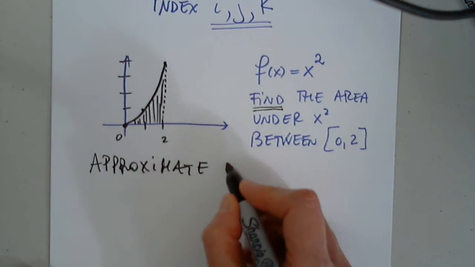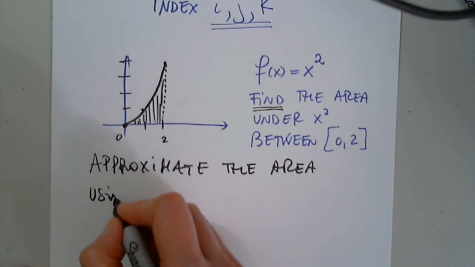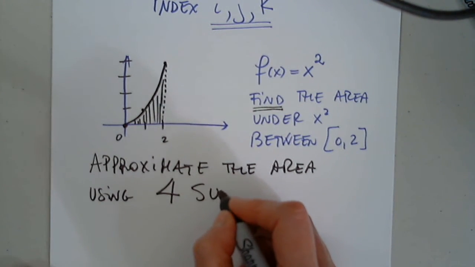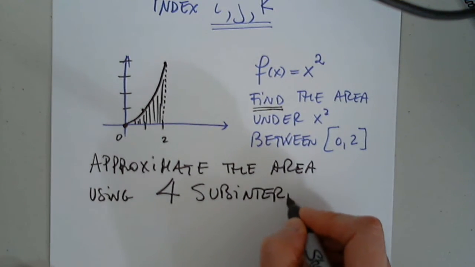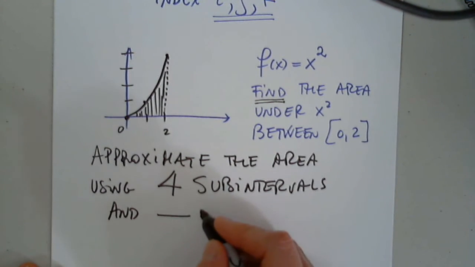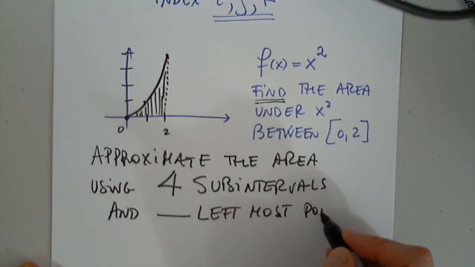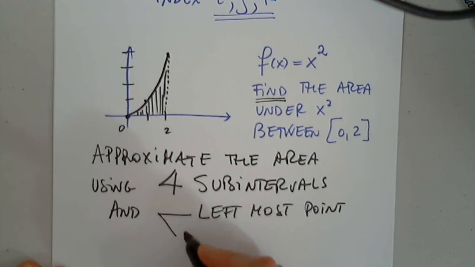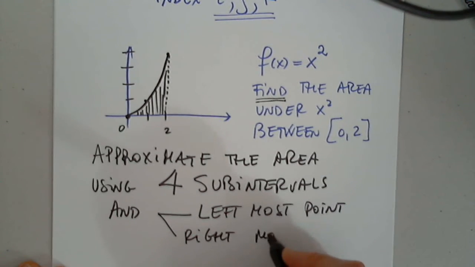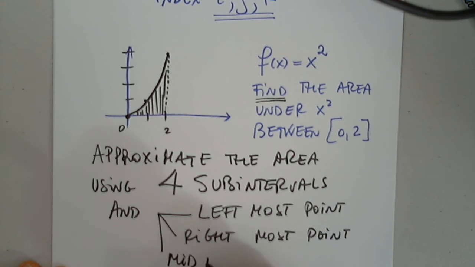So approximate the area using 4 subintervals, and the leftmost point, the rightmost point, and the midpoint. What's all this? Okay,